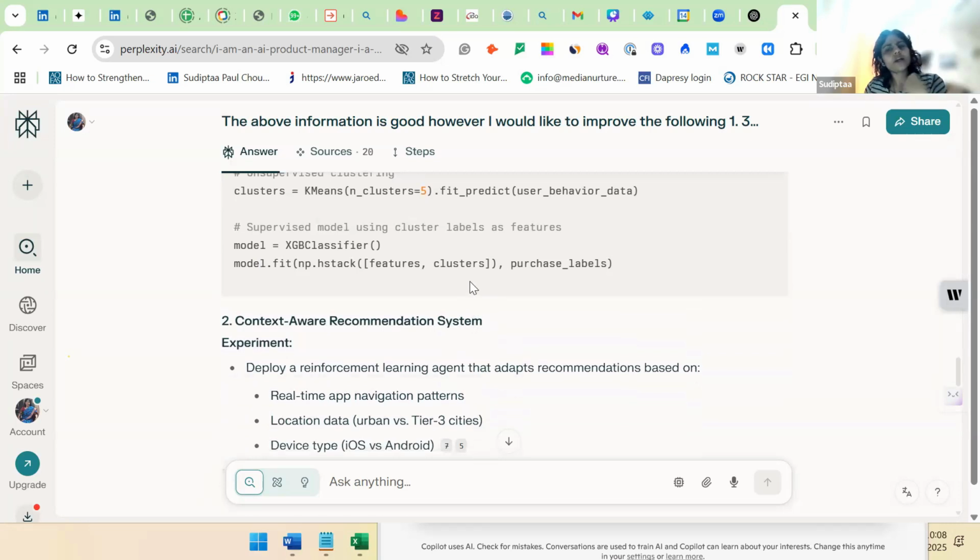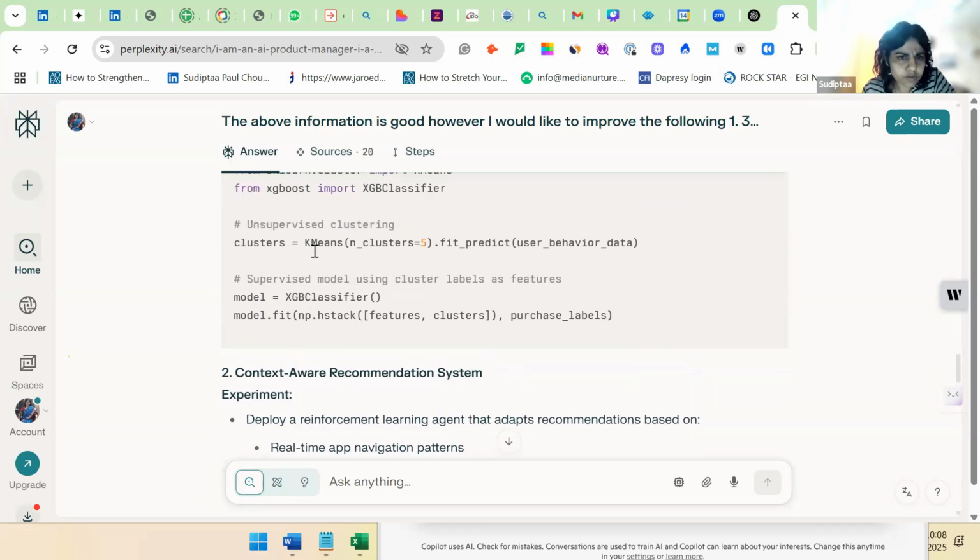So this way you are actually helping your data science team understand that you should be using supervised here, and unsupervised here. In the supervised case, you will be organizing the data, but in unsupervised, you will be using clustering. If you know another unsupervised technique, you can also ask your data science team, why are you only doing k-means? Why can't you try another unsupervised technique and show me a comparison of results?